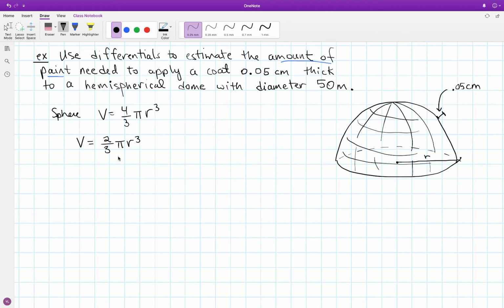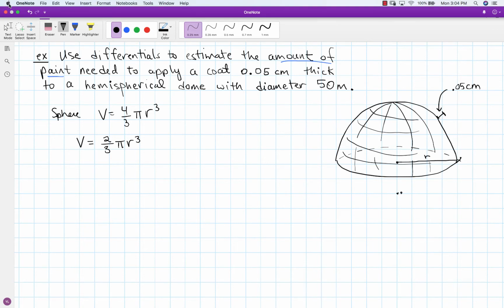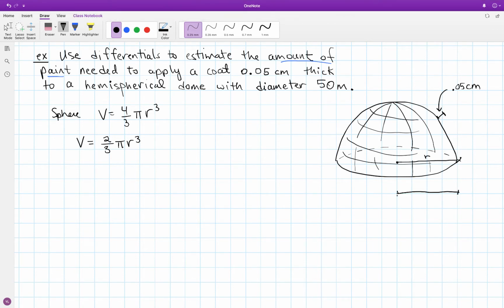And now I can take a look at this and imagine what differentials would have to do, or how it could help us figure out the answer to this question. When I talk about a very small change in the thickness of the surface, I can imagine that as a very small change in the radius, right? So if I have a radius to start that is, I guess, 25 meters long, a diameter of 50 gives us a radius of 25, then painting